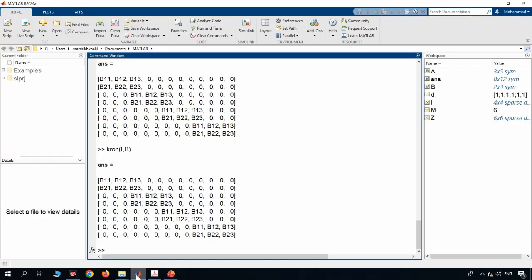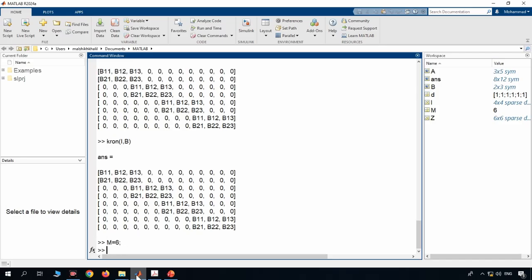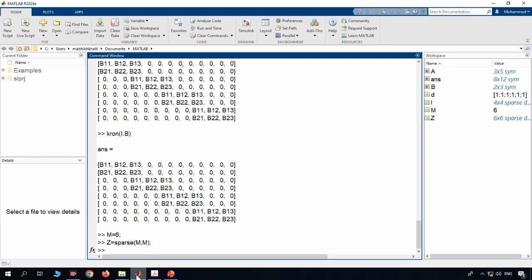We can do this using MATLAB. M equal 6, Z equal sparse(M, M),